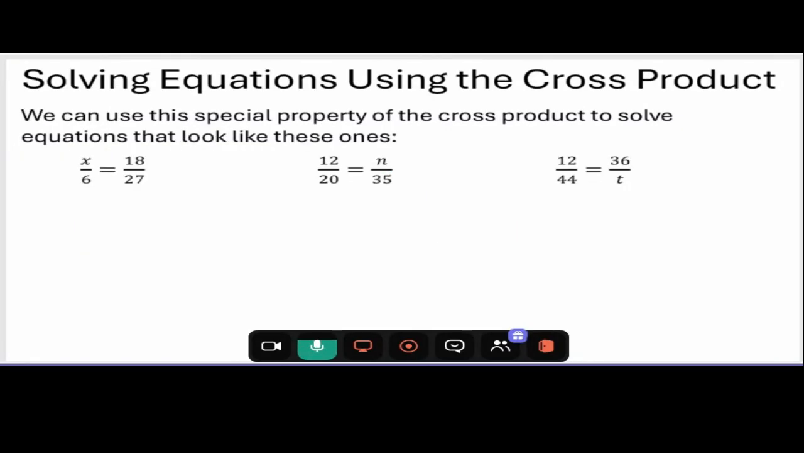Okay, here's the far more important tool. That first one's useful in some situations, but far more useful, and you're going to see this all over the place, is that we can use this special property of cross products to solve equations very, very specifically, just equations that look like this. What do you see about all these equations? I'm going to stress this multiple times over the next few lessons. We have a single fraction on one side and a single fraction on the other side, and an equal sign